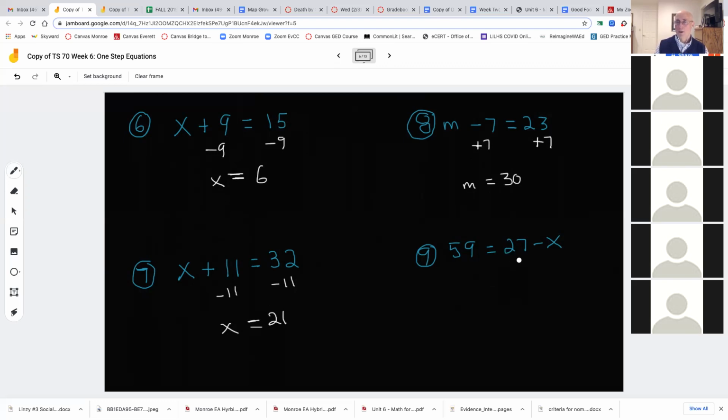59 equals 27 minus x. Okay, don't be thrown off because the x is now on the other side. This will be a little bit confusing, like the one I gave you on the other side. First thing I would do is subtract 27 from this side to get rid of it, because that's a positive 27. So I have to subtract 27 from this side. So I get 32 equals